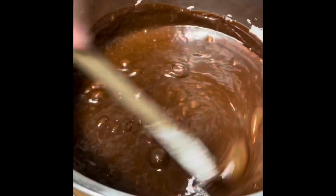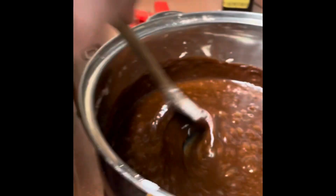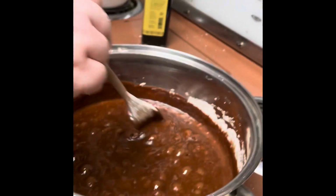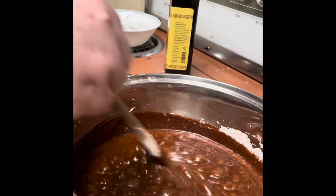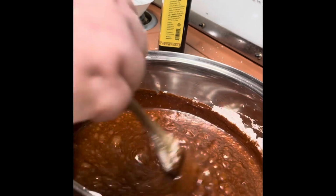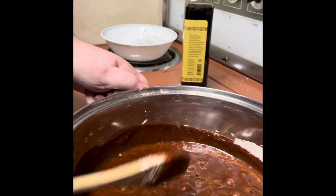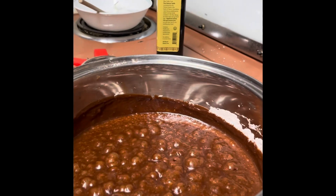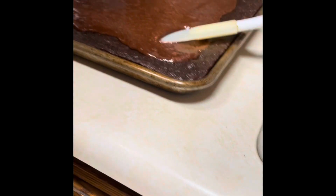glossy chocolate frosting. So all right, it's starting to bubble, and honestly this is about where I ended it, and my sweet girls helped out. It says bring it to a rapid boil and remove from the heat and spread on the hot cake. So that is one of the areas where I also broke the rules, because I actually did not have ingredients. So I had to wait for my husband to get home from work to get powdered sugar. So I actually spread it on a cool cake. Look at that chocolate,